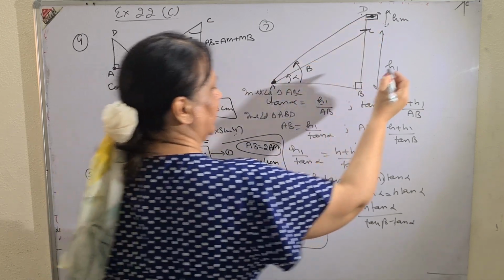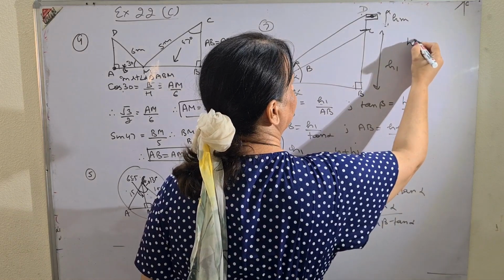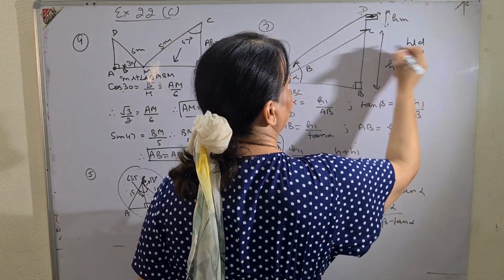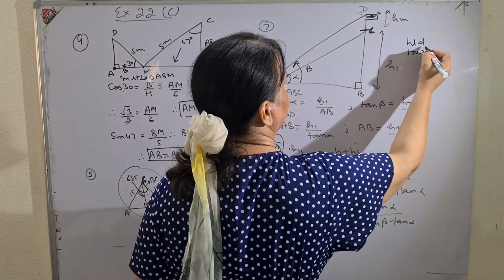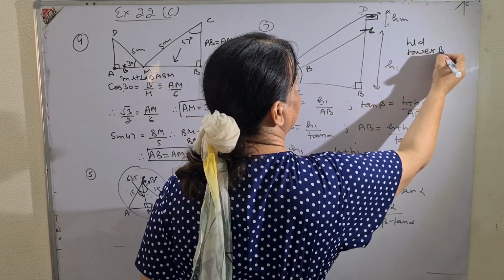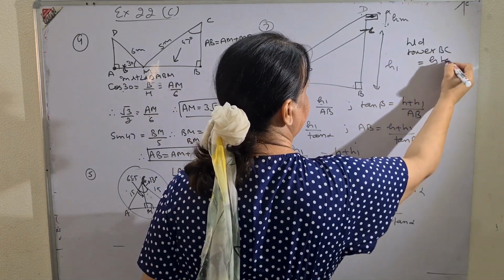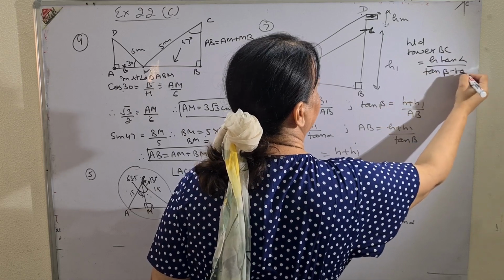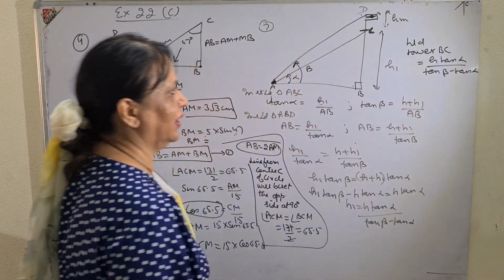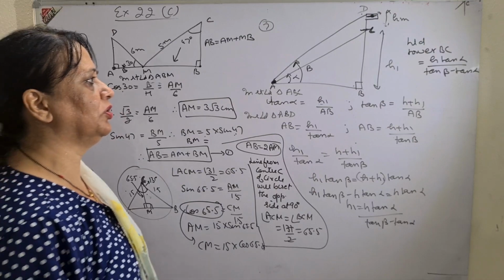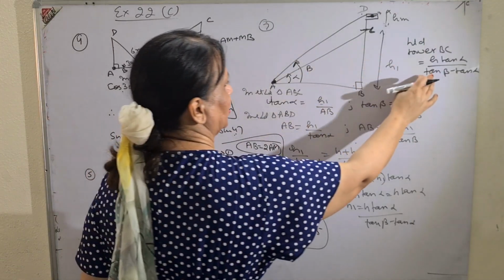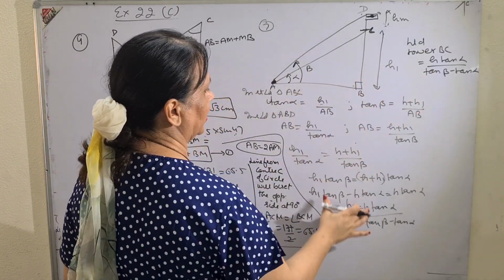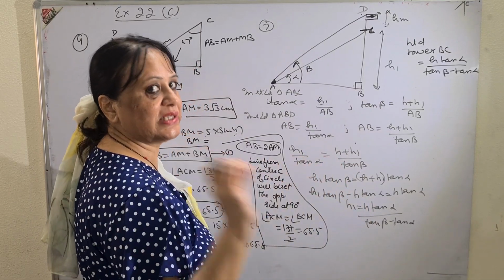I have to prove the expression that the height of the tower, that is BC, is of course h tangent alpha upon tangent beta minus tangent alpha. Now this type of sum you have not done. First time you are doing it, so we will put our eye on the expression they have asked and go accordingly, but the basic concept remains the same, children.